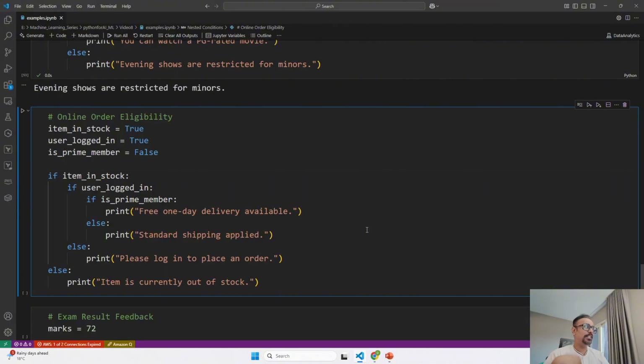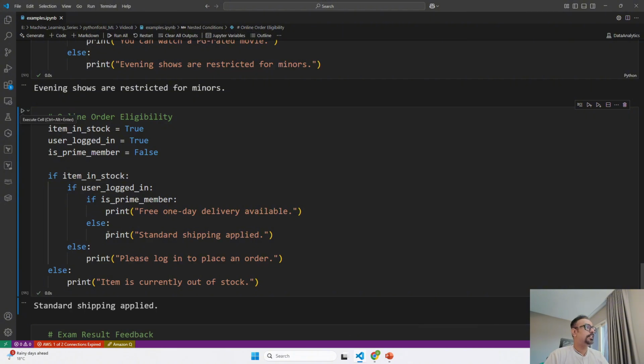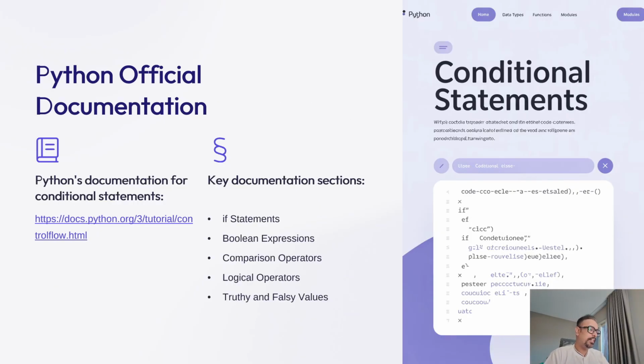delivery. Else, if he is not a prime user, we are going to go ahead and say standard shipping applied. Okay, so if I go ahead and run this, let's see, it says standard shipping applied. So based on all these three conditions, we have different else blocks too, right? So in if, I have this if else, right? So this if has this else, this if has this else, this if has this else. This is known as nested conditions, which is a bit complex, but once you start coding, it will be easy